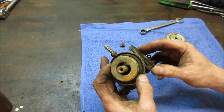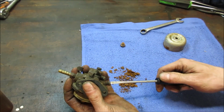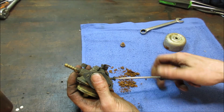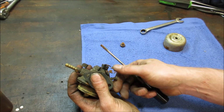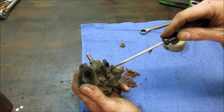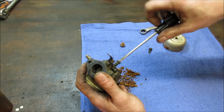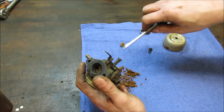And let's go knock the pin out, get the float off. We'll get that in a second. I don't have that with me. Let's go get the air fuel mix screws out of it. And we're going to let this one take a bath. It's going to need it. There we go. This is going to be a long one. This is the one that goes all the way down to the...